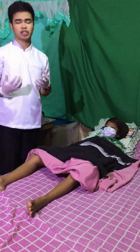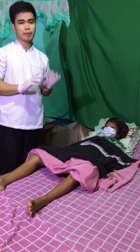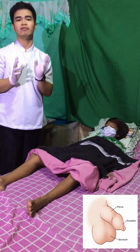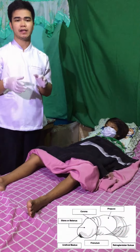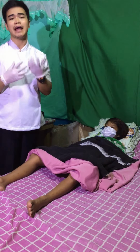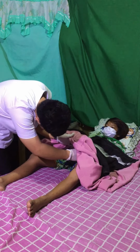So I have already finished donning on the gloves. So I'm going now to gently and firmly raise the client's penis. So if the client is uncircumcised, then I'm going to retract the foreskin or the prepuce to expose the glans penis for cleaning. So this promotes compliance and of course to clean thoroughly the glans penis. Okay, sir, I'm going to